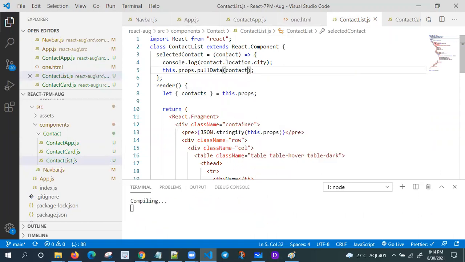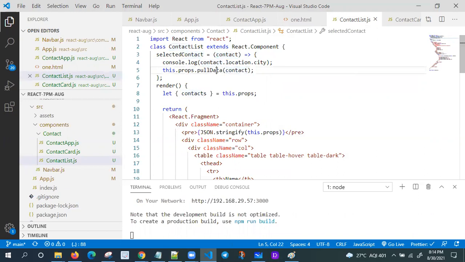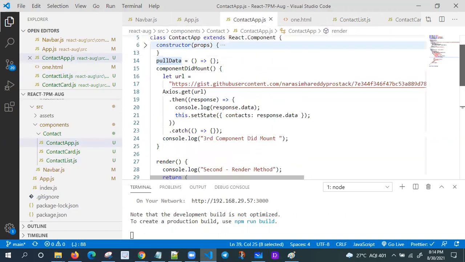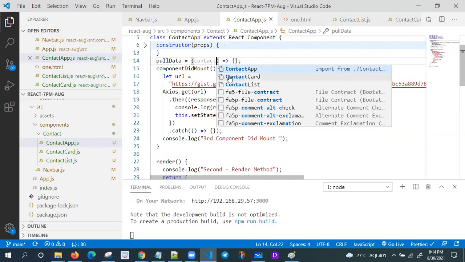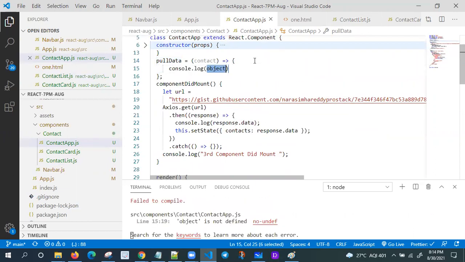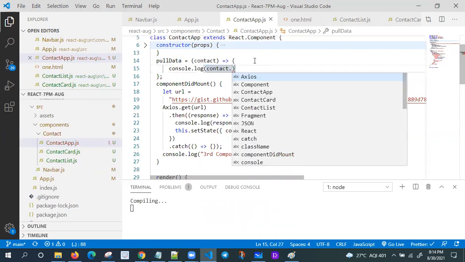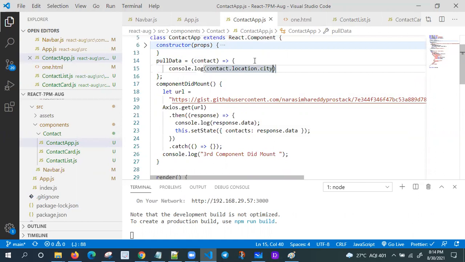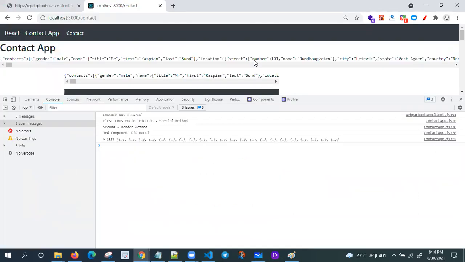I'm receiving the contact here as a parameter. If you have any doubt, contact.location.city. Let me check this one.